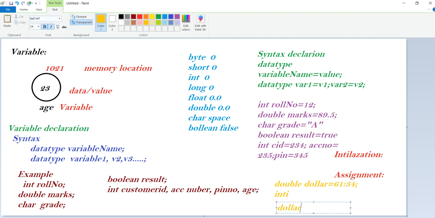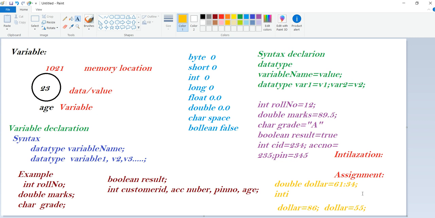Tomorrow my dollar is 86 rupees, and the day after tomorrow again this dollar is 55. So these values are changing continuously, and that is assignment, while running the same program. Today I'm writing that my dollar value is 61, tomorrow 86, day after tomorrow 55.